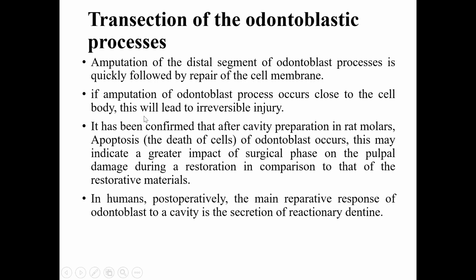If amputation of the odontoblast process occurs close to the cell body, this will lead to irreversible injury. بمعنى أنه repair of the cell membrane will not happen in case of amputation of odontoblastic process